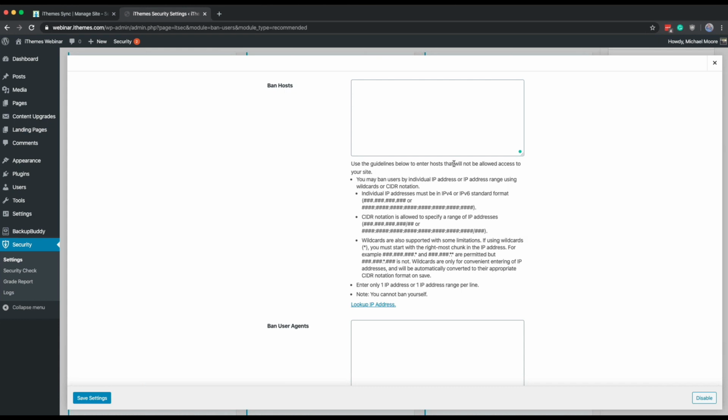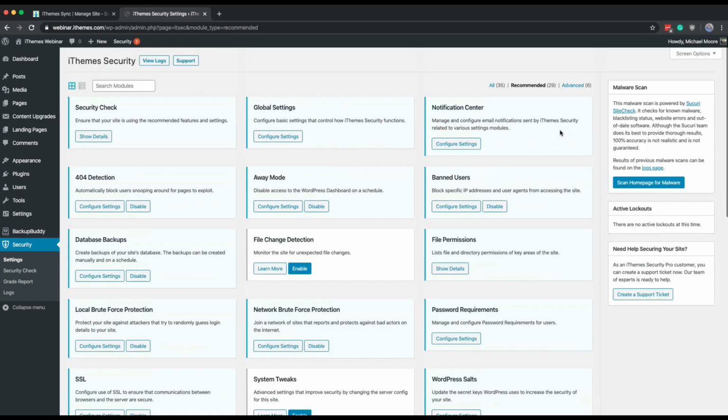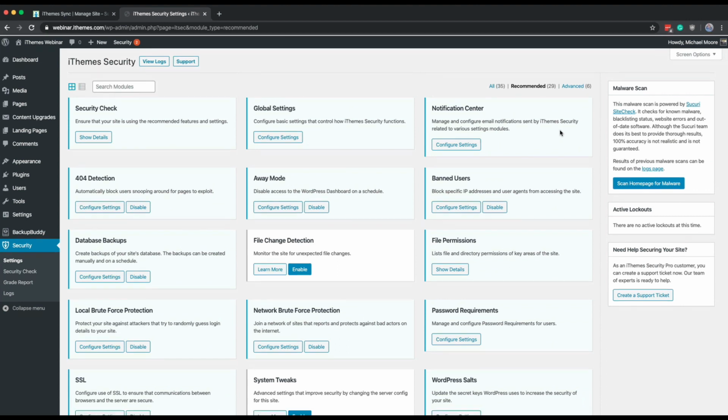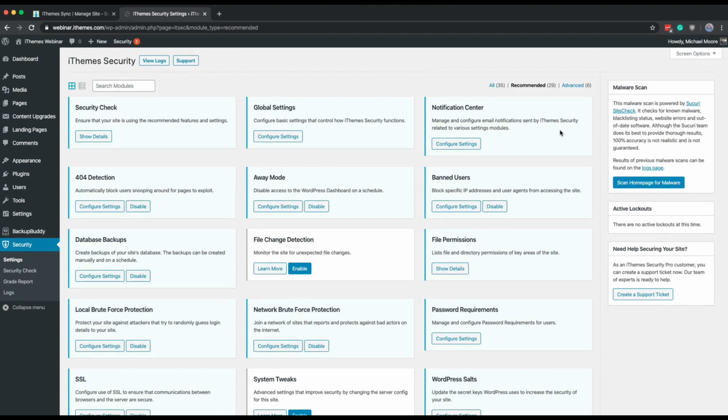Yeah, I'm not sure. She said it's in the ban hosts on her site. Oh, I wouldn't know. But you can take a look at your security logs and check why that IP has been added to the ban list. A lot of times that's just, sometimes hosts are configured weird, and what that really is